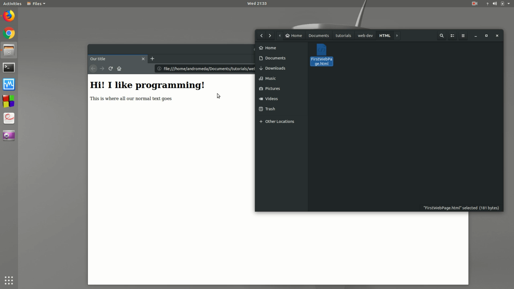Play around with some of the text, play around with some of the headers. You can maybe add a few other headers or type a few longer paragraphs, but